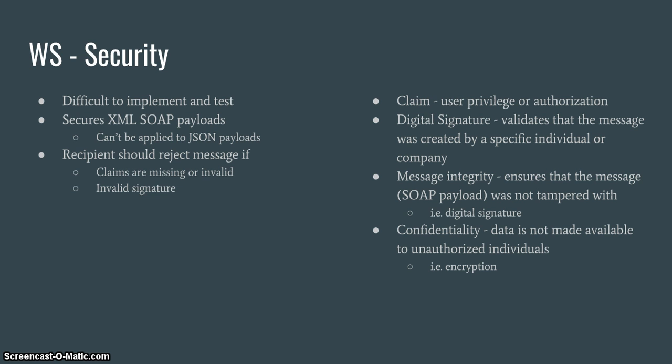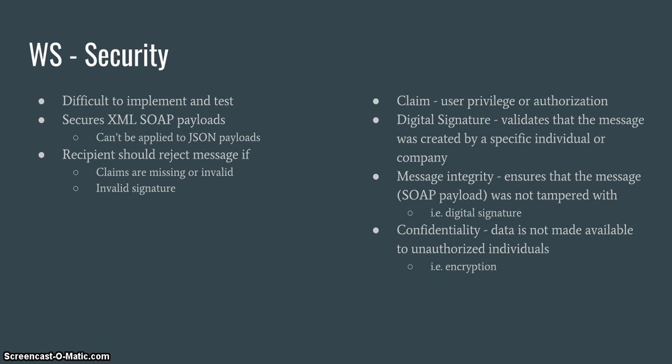So WS security is used to protect XML. It can only be used to protect SOAP messages. You can't use it for REST. It's bloated, it's complicated to implement, complicated to test. They have an application called SOAP UI that was built particularly to test SOAP. It's really complicated. I've used it. But effectively, if you want to secure your message, this is what you have to use if you're using SOAP,